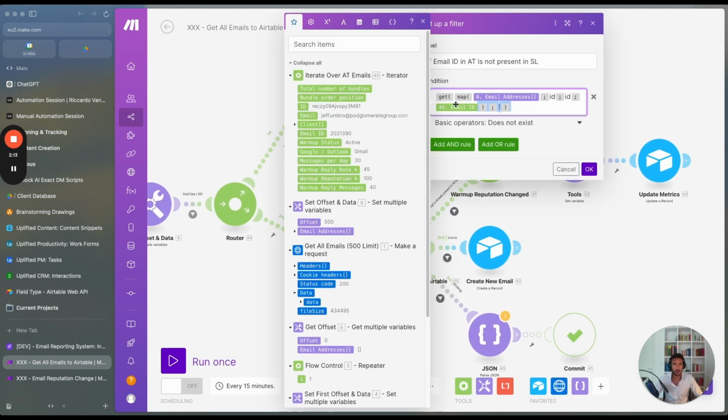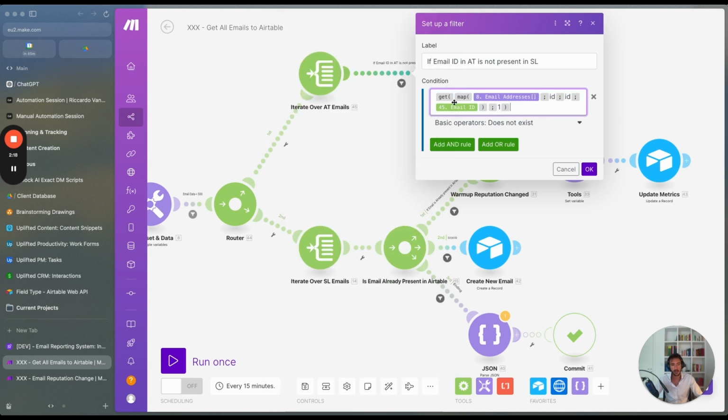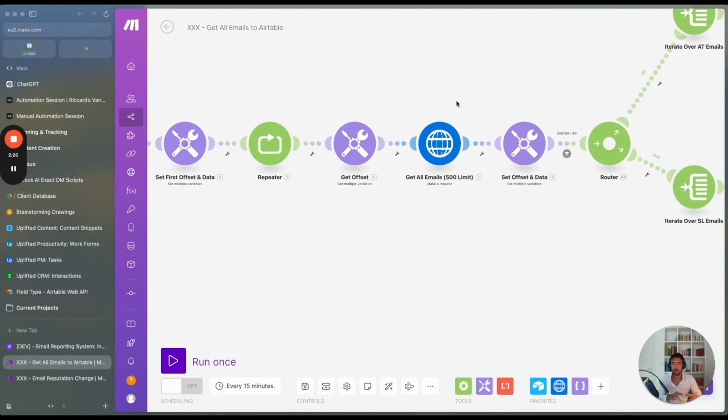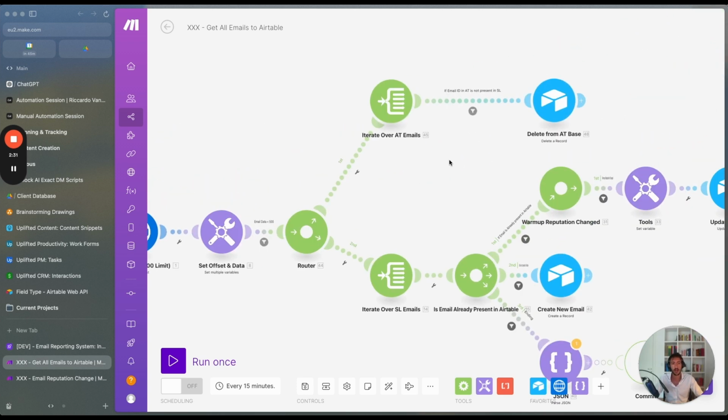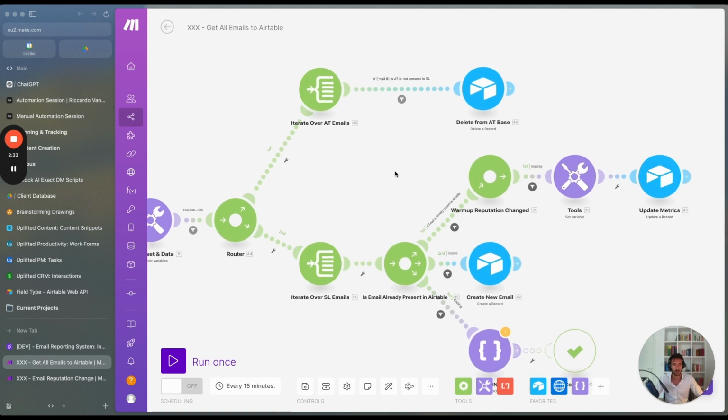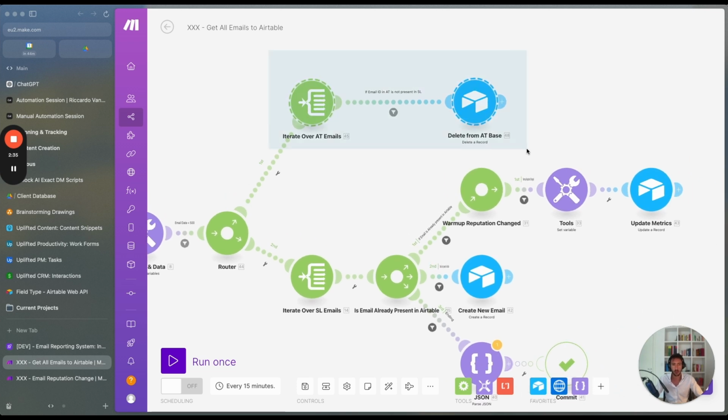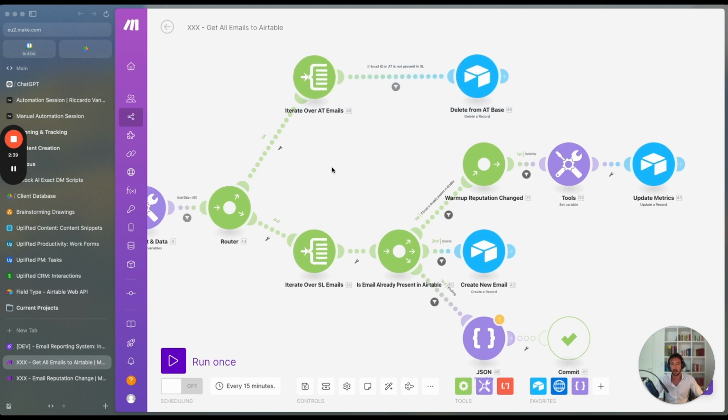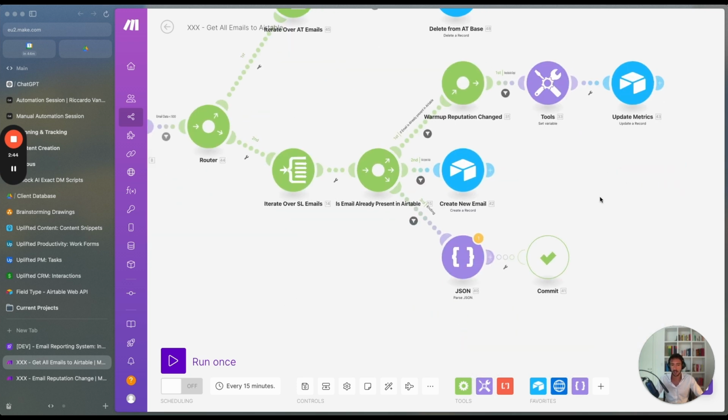So the way we are doing this is quite interesting, and the way we are using the filtering part is probably what makes this very, very powerful, because in this way we are able to handle a very big complex database of over 1,000 emails without spending more than 15 operations. So this is one part of that, to remove the emails which are not present in SmartLead and are present